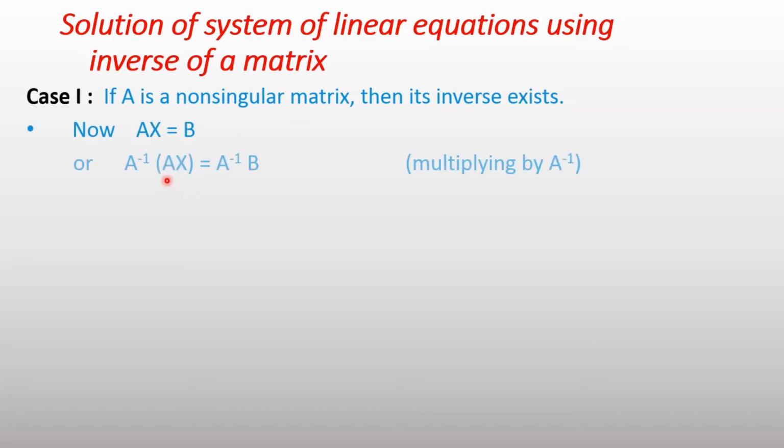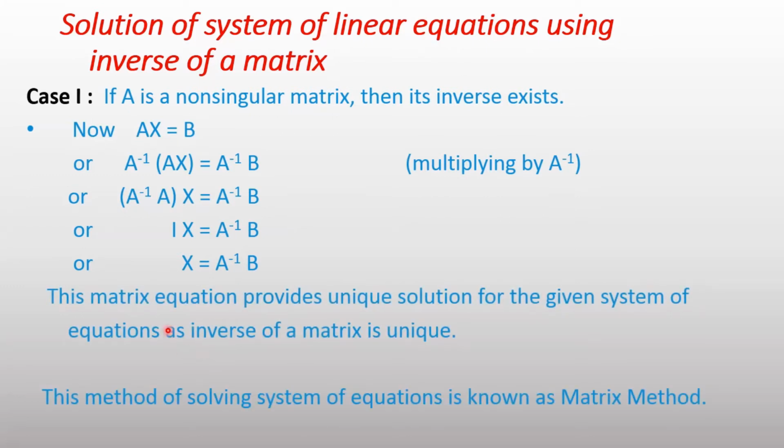And then the solution will be written as X equal to A inverse B. Note that AX equal to B is the matrix equation written on the previous slide. Multiply both sides by A inverse: A inverse AX equal to A inverse B. A inverse A is written as the identity matrix, so identity matrix into X equals matrix X equal to A inverse B. Now your next objective is to find A inverse if matrix A is given.